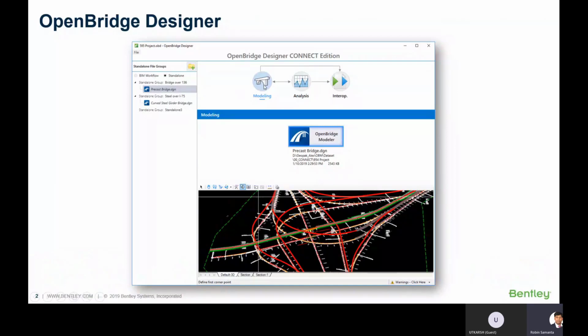What we are suggesting for this workflow is that you start creating your complete 3D geometrical model, and then we transfer that model to the analytical tool. You do your analysis and you create all your deliverables like drawings, design reports, or reinforcement drawings, right? And then you send it to the contractor.